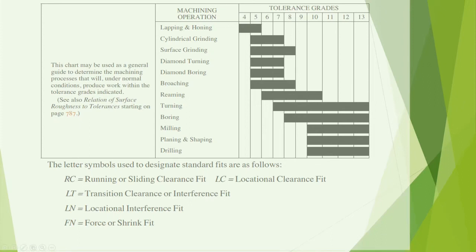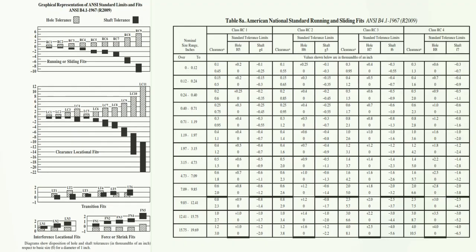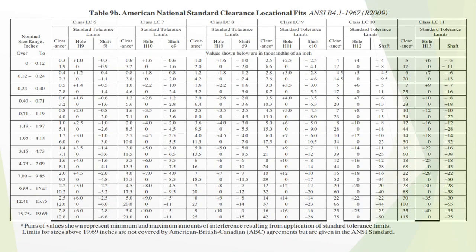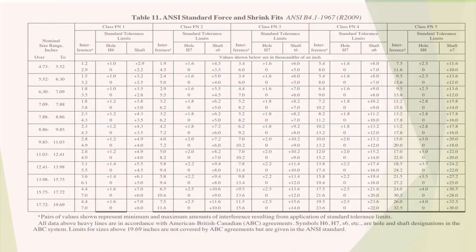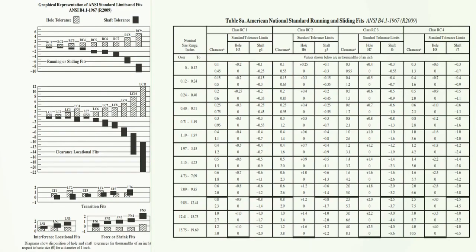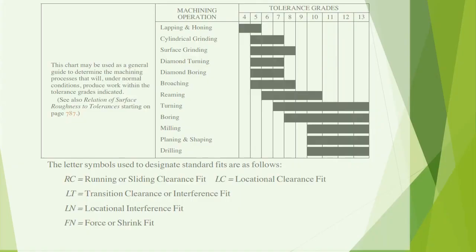Hello, here we will talk about the fits and limits concept. It works where we have to assemble two parts together, or fit one part into another part, like a hole and a shaft. To achieve this designed value, we have to go through different processes like lapping, honing and reaming, then turning, broaching, boring. And here we define these tolerance grades